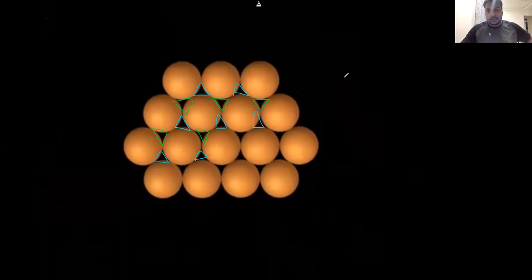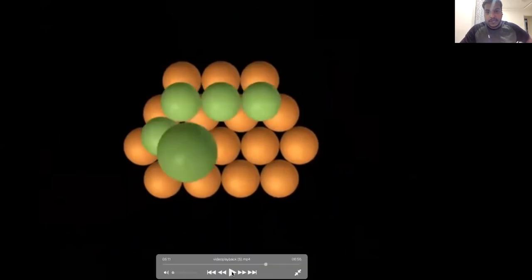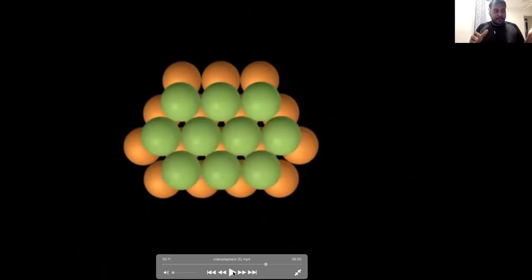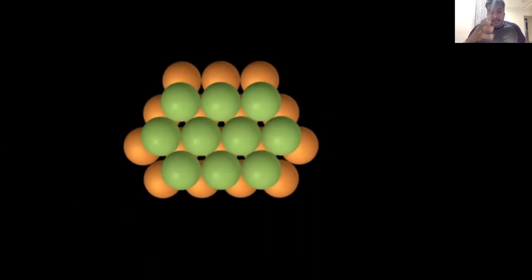Let us see how the packing goes. Then how does it look? See, this is A layering. Now you can see the triangles which were pointing down, on those grooves, these green color marbles are being placed. So this is a B type of packing. First an A layering, then a B layering. Now the triangles which are pointing up are still left, right? अभी वो वैसे ही है, right? They are still visible from A's grooves now also.